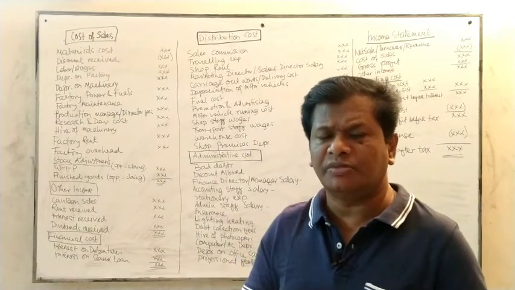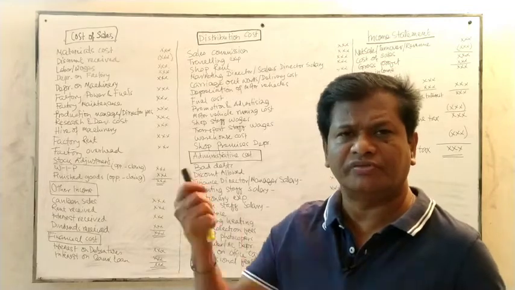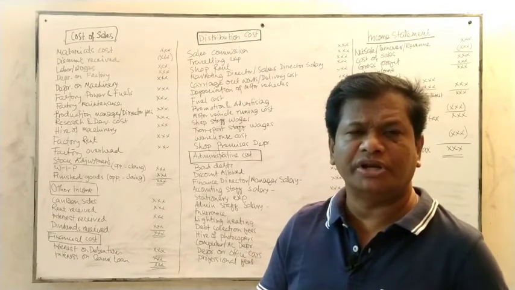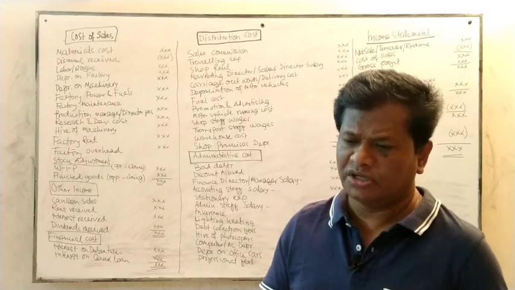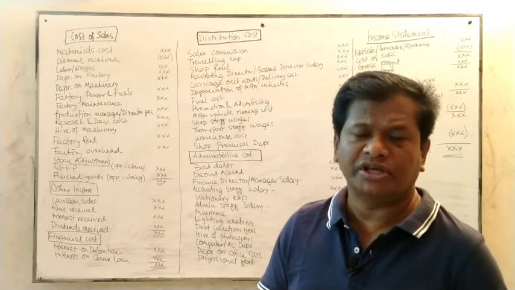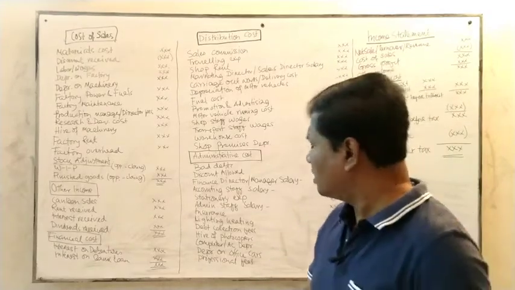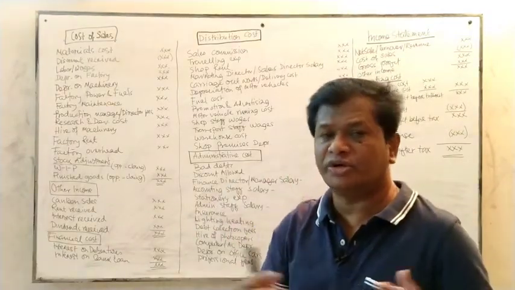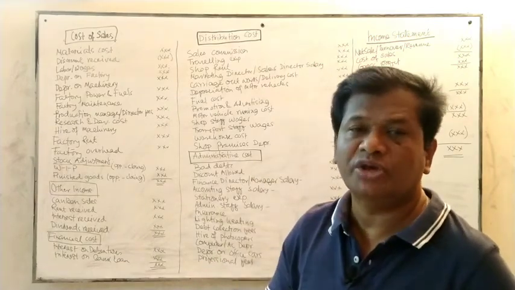This risk can be minimized by taking insurance from different insurance companies, maybe property insurance, machinery insurance, or for other expensive elements. You can take out insurance. So this is one of the expenses for the business. And if you take insurance, then obviously if any damage is done, the insurance company is to pay you the compensation.